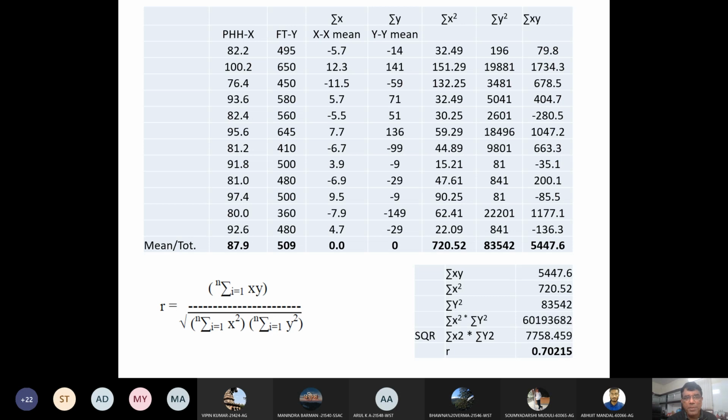So you need to work out mean of X, mean of Y, and then summation x, small y, summation x square, y square, xy. So these kind of parameters, you can work out A and B, and then you can work out correlation coefficient. So in Excel also, you can do this analysis of linear equation, or fitting of linear equation.